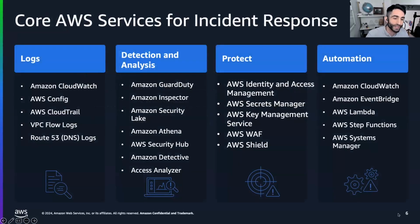So we just want to talk about the services that you're going to see today. You don't have to remember all of these. There's a lot of them. I just want us to see them multiple times. This is not an exhaustive list either for all the services that are relevant to threat detection and incident